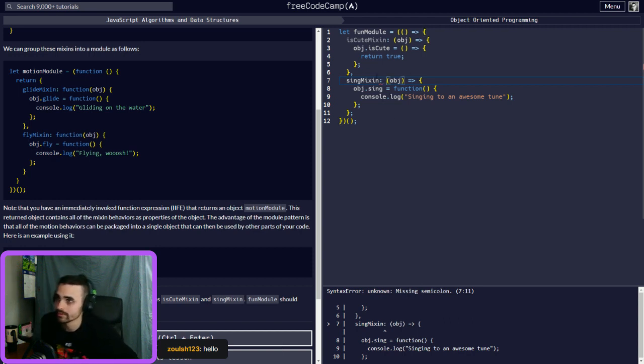We want the object, we have this object. So this object is cute. We're giving it this function, right?